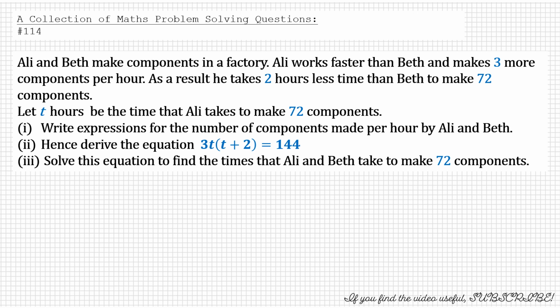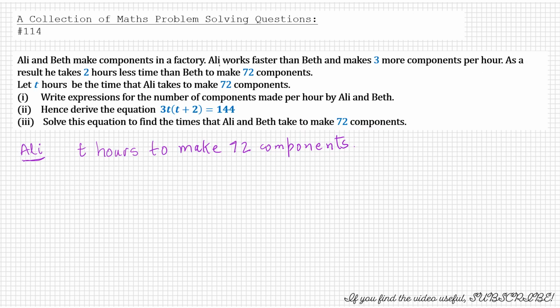So first one, we write an expression for the number of components made per hour by Ali and Beth. Part 2, derive the equation that they've given. Part 3 is solve this equation to find the number of times that Ali and Beth take to make 72 components. So we start with the first part, and that is it takes T hours for Ali to make 72